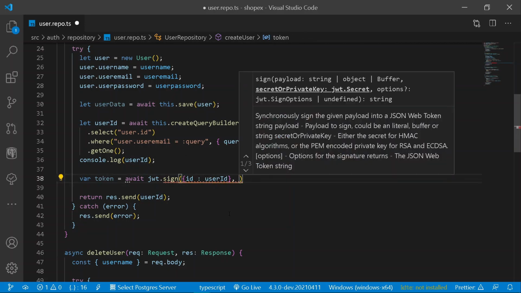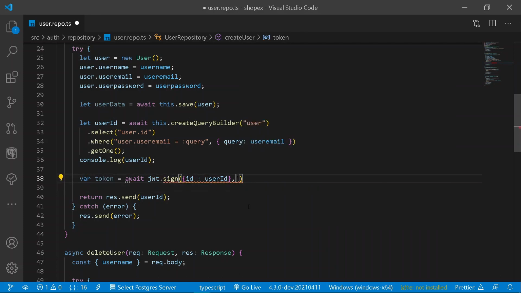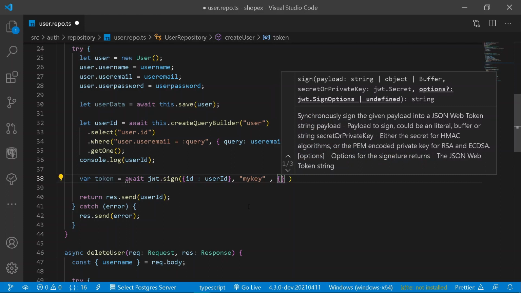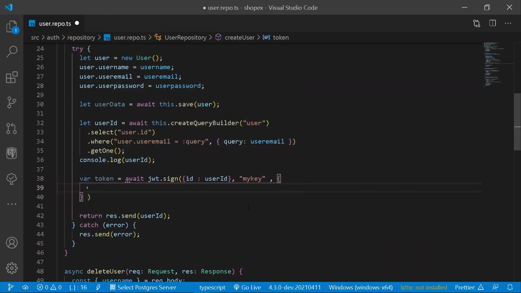After having the payload, I should also be requiring a secret or private key. So for the secret and private key, I should be adding any sort of key. Let's say my key. You should have any sort of thing here. And after this, it shall also be requiring some options. And under options, you should be adding an option of expiry date of a particular token. So here I should be writing the option expiresIn, and here I should be writing a single day, that is the number of seconds in a day. Just like this, we can remove the await state from here, we don't need it.